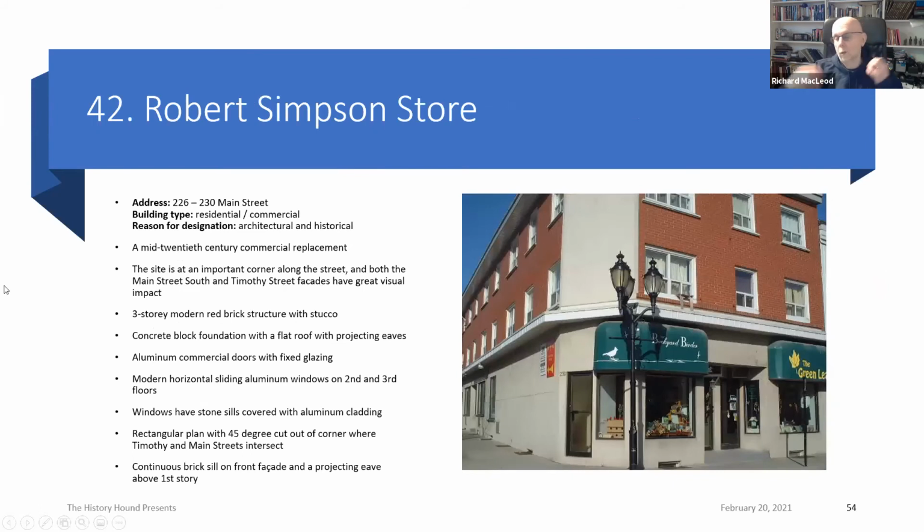The Robert Simpson store, and of course, I won't talk very much about this because this is part of the article that came out today. If you didn't know, Robert Simpson, who moved to Toronto and built the big store in Toronto, which was part of the big 2, Eaton's and Simpsons, started here. He came to Newmarket from Scotland, was here for 15, 16 years, and did pretty good business here, had partners, whatever. You can read the story as it is in the paper today online, so I won't go into that. But this building is